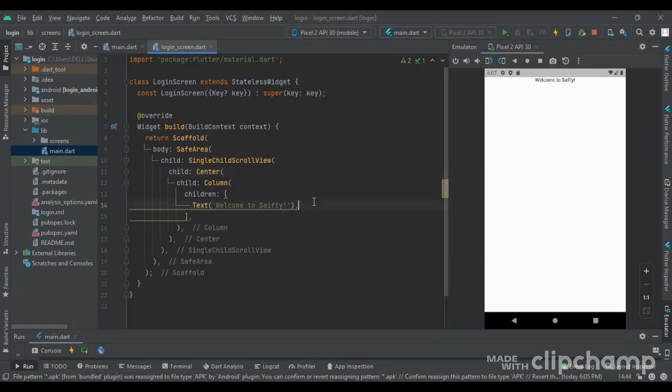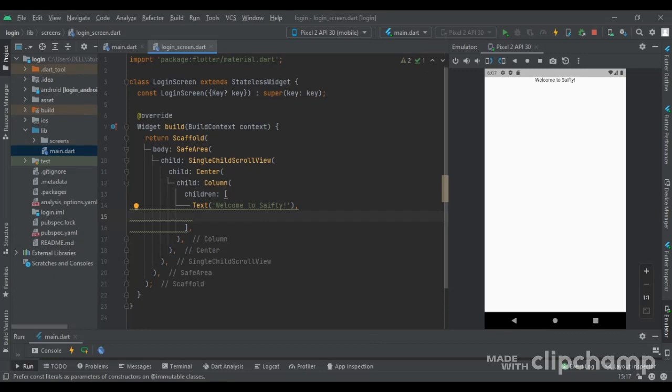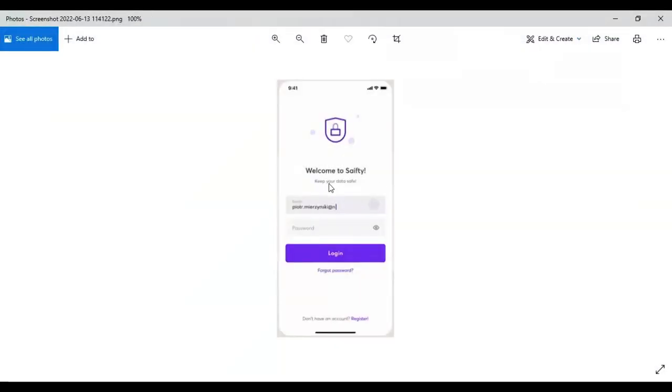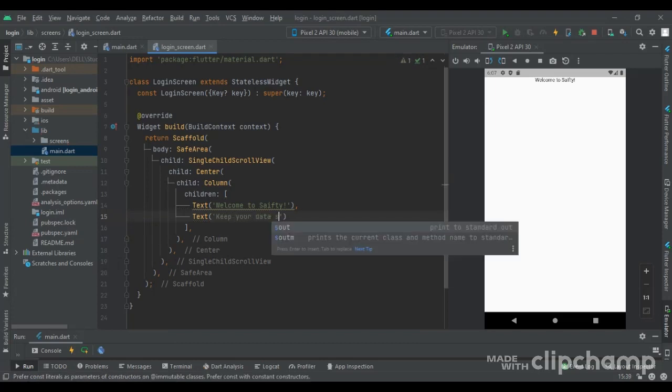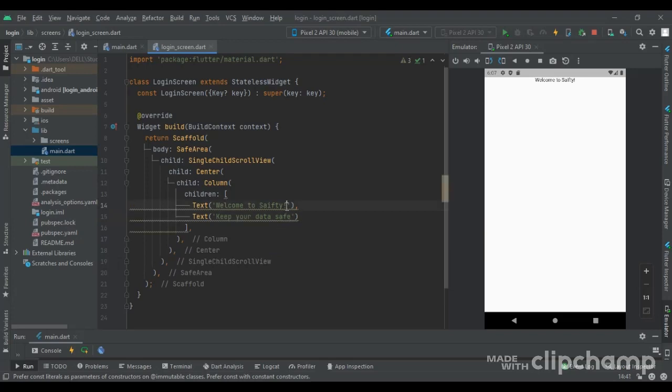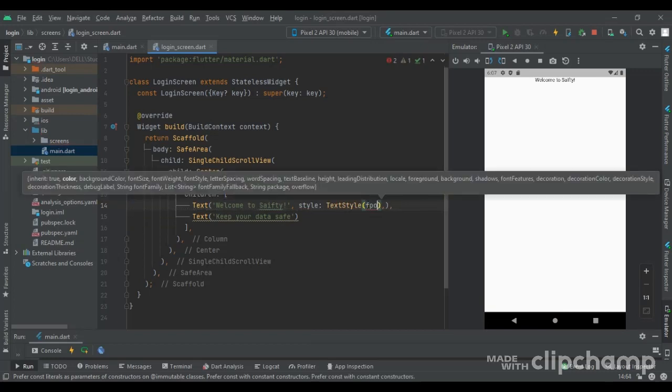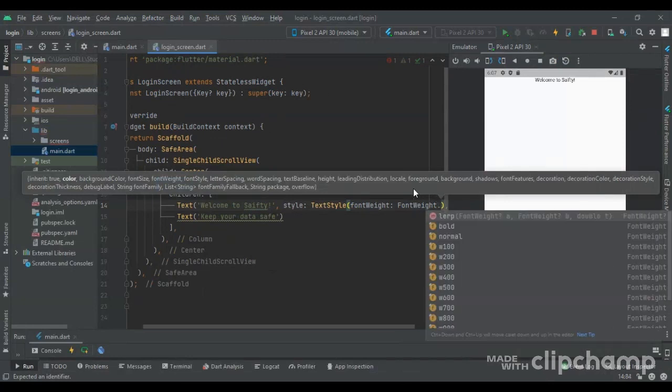So let's continue. We have another text over here which says keep your data safe, right? So we also have another text saying keep your data safe. So let's give the style of this text. The style of this text requires a text style, right? And then for the style, we give it a font weight of, I think it's bold. So FontWeight.bold,